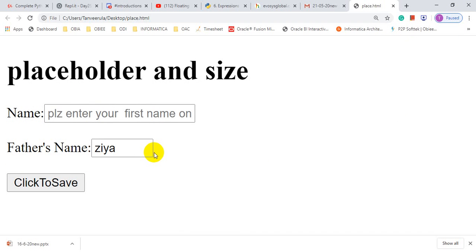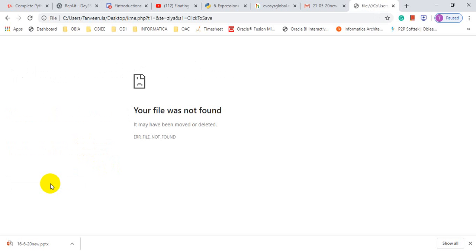Okay, in the first text box I have not written anything, but something is written as a hint. It's not any value. Just remember, it is not any value, it's a hint. This line of text will not transfer to your destination page. Okay, when you click the save button, the value is sent to your